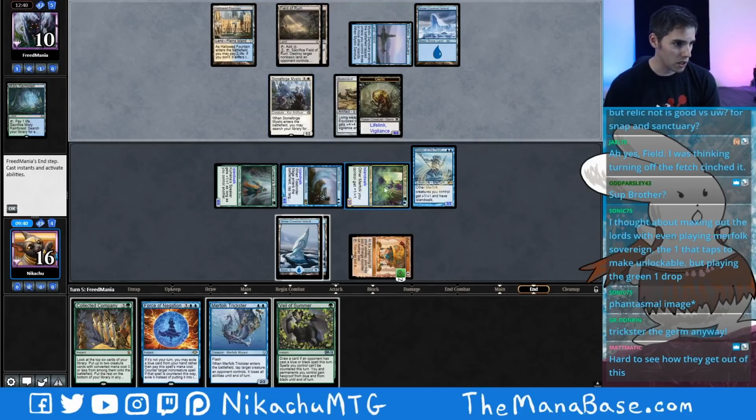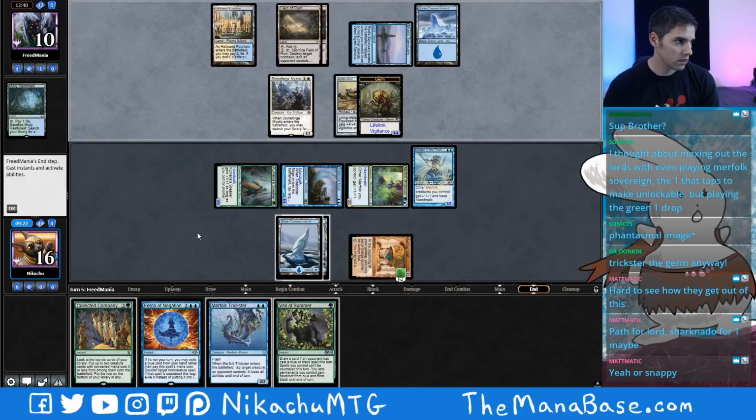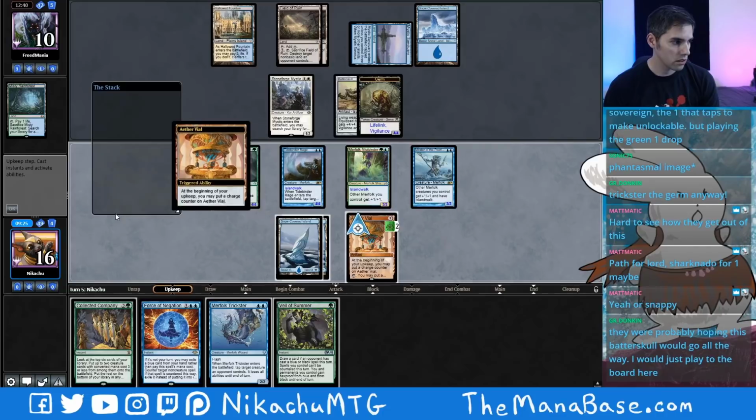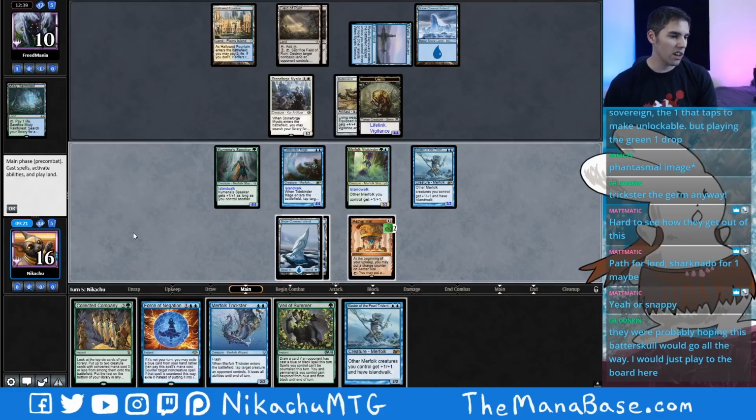Play Snapcaster Mage, block something. Path for Lord, Sharknado for 1. Hard to see how they get out of this. I think I'm going to draw for the turn. I'm hoping to draw land. That's not bad either. That basically means I have two ways of...